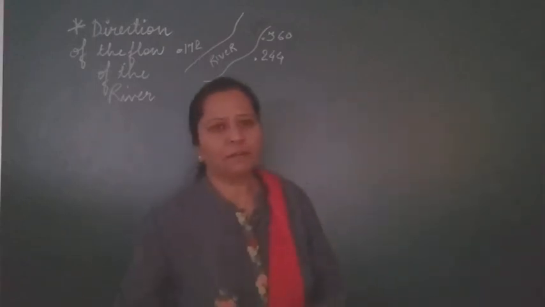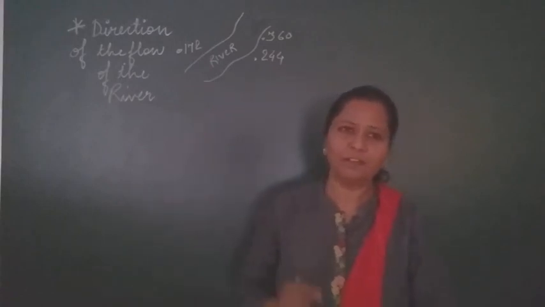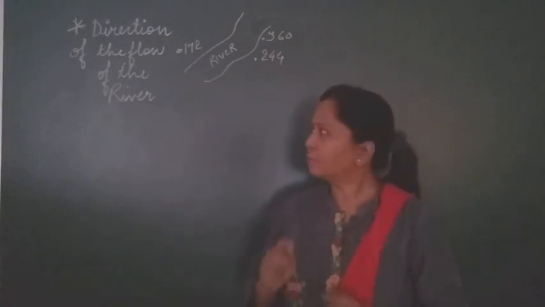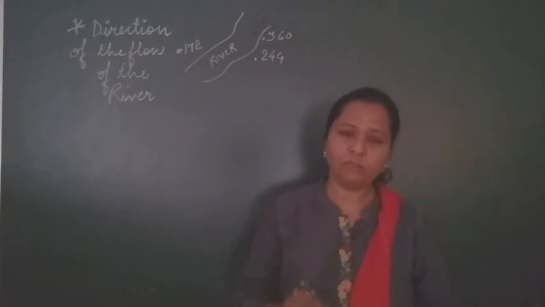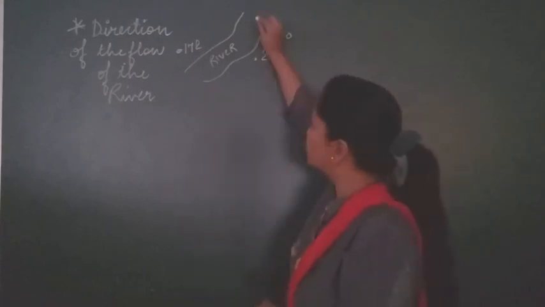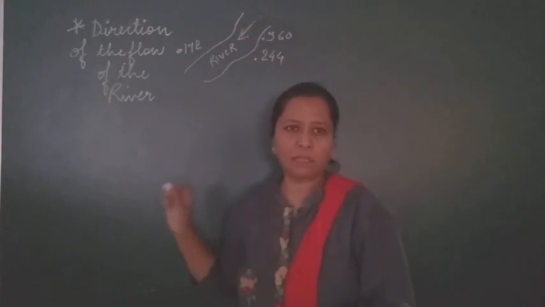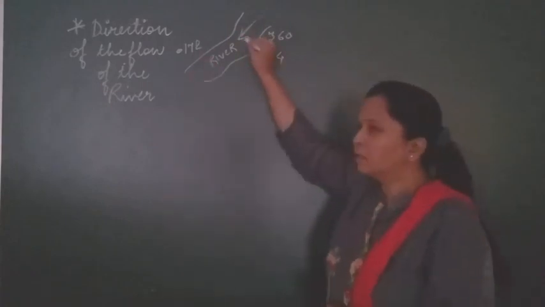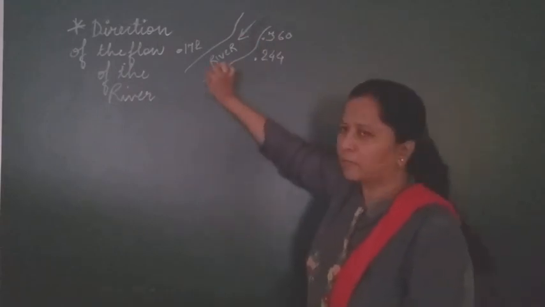Now students, in this module we are going to study about the direction of the flow of the river. It is very much easy. For example, now there is always a confusion. If the arrow is not there, for example on your topographic map, if a river is there and if an arrow mark is given inside the river, then it is very much clear that the flow of the river is towards this side.